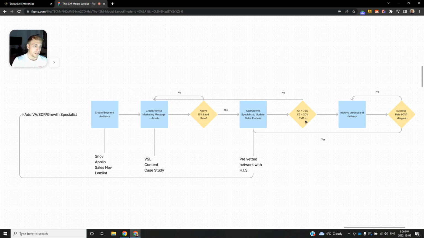All right. And then lastly, you should have a conversion rate of around 3 to 5%. Again, industry standard for something that is mediocre and working just okay. And of course, we want to strive for higher numbers, but we're just going to be using these placeholders for now. And then once you walk your ideal prospect across the finish line, you will have to improve your product